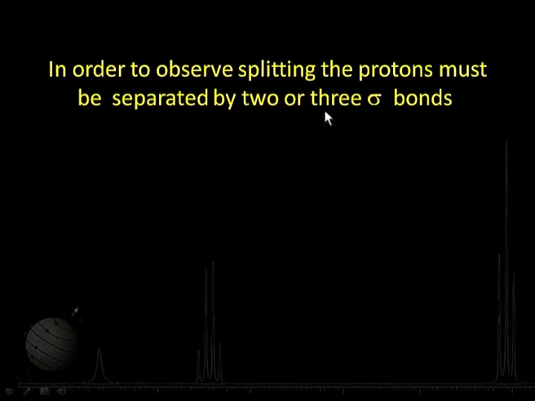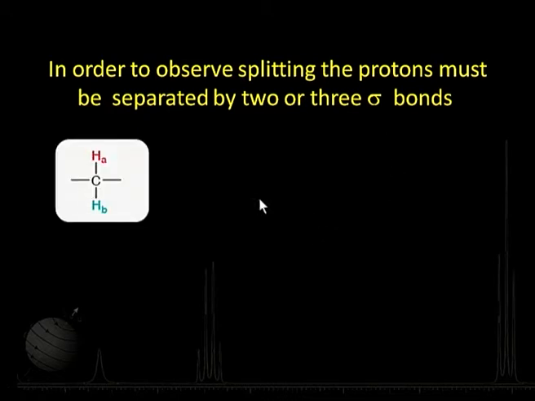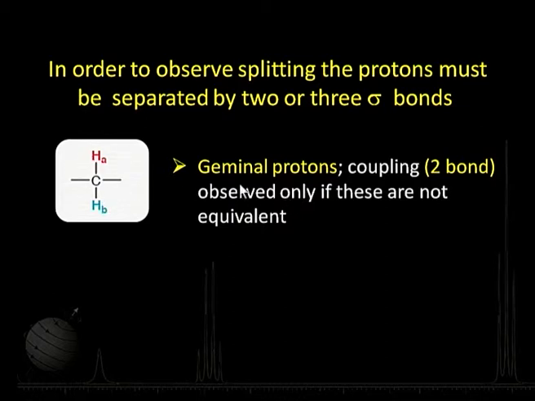at least two or three sigma bonds there. Let us take some examples here. Now suppose we have a situation of this kind. There are two protons labeled as HA, HB. They are basically on the same carbon here. In such cases, they are called geminal protons. That is a typical term used for such protons, which are on the same carbon atom. So the coupling, because if I just see this proton and this proton, they are related by two bonds there. This is one bond and this is the second bond here. So they are two bonds away from each other. So it will be observed only if they are not equivalent. If they are equivalent protons, the coupling is not there at all.